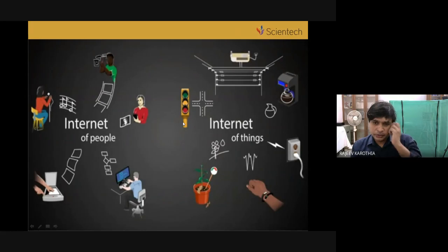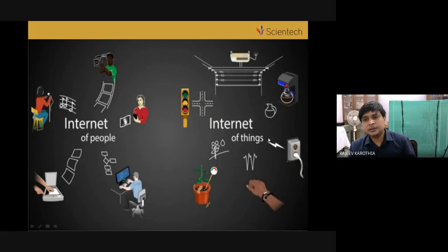Now we go into the basic definition of IoT. Previously, we were communicating with each other by using the internet, like Google Talk and Gmail. These are different media of communication between people, where you can exchange information by mail, by MMS, or by text. That is the mode of communication using the internet. So we can say it's the internet of people, where people are connected with each other by using the internet.